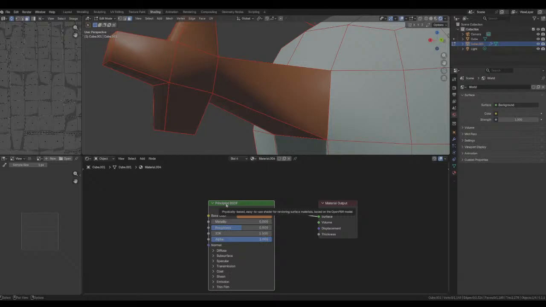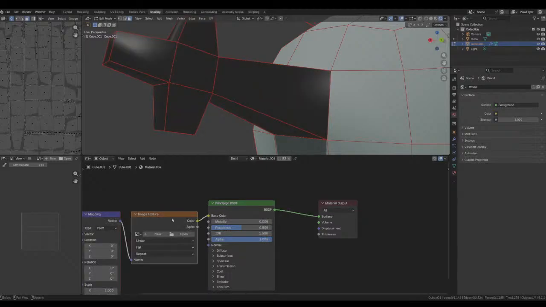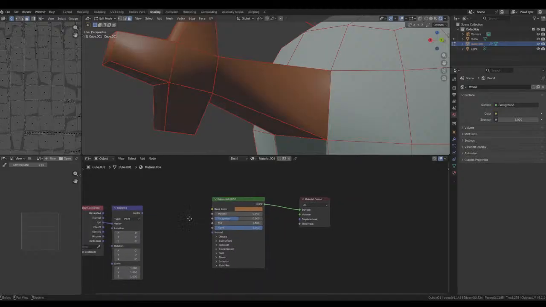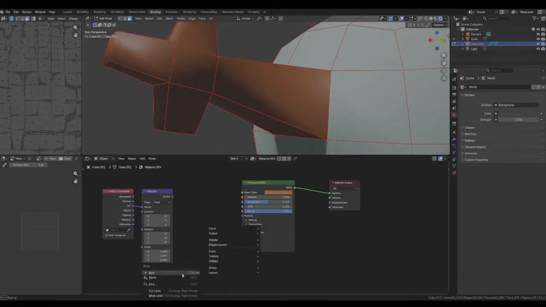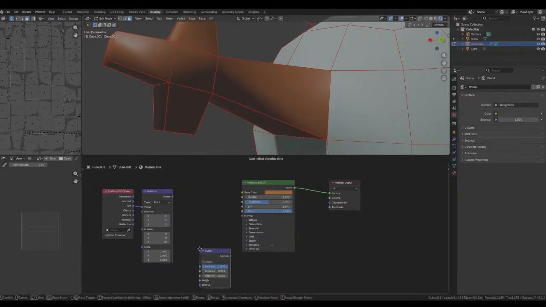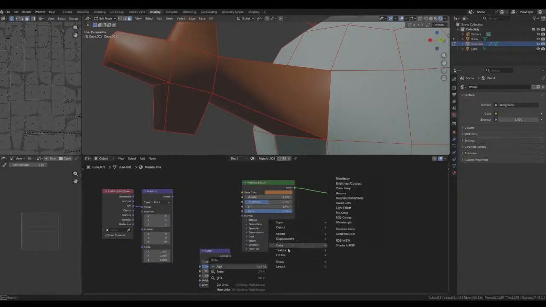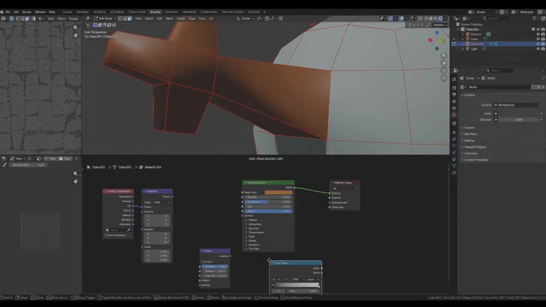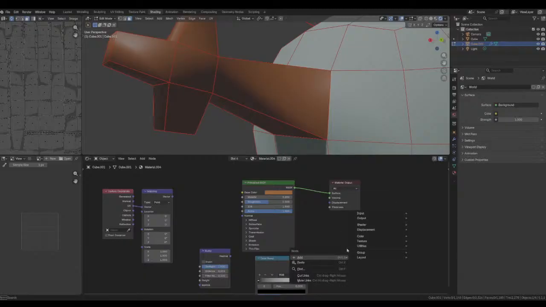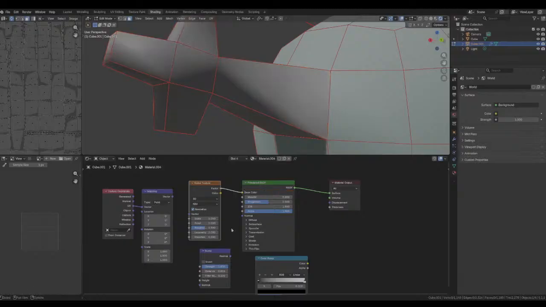Do Control P again. And we're gonna just do the same exact thing that we did before with the displacement, the color ramp. I actually learned this method a few days ago, and I've been using it a lot lately to get used to it. I may be overusing it a little bit, but I like the idea of making everything from scratch. So you plug your factor into there.